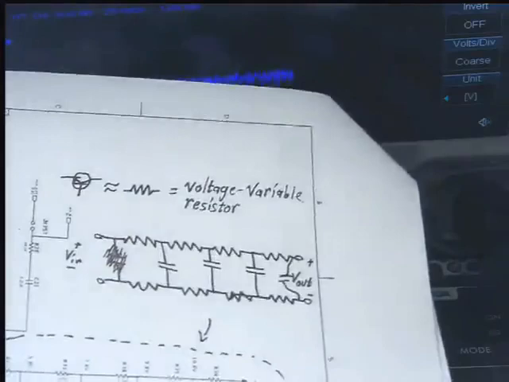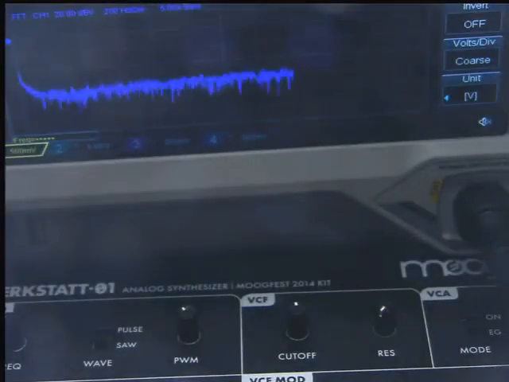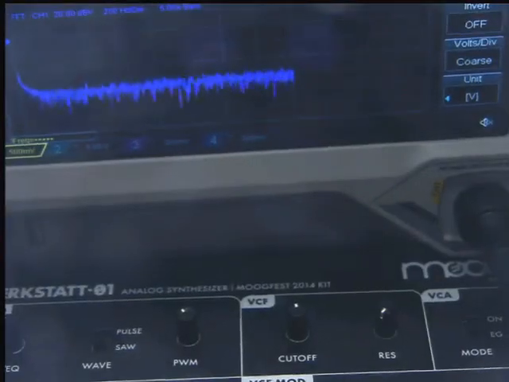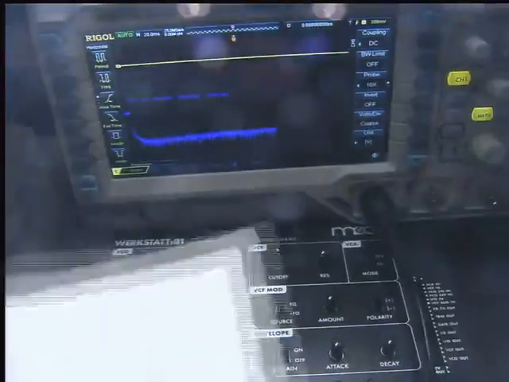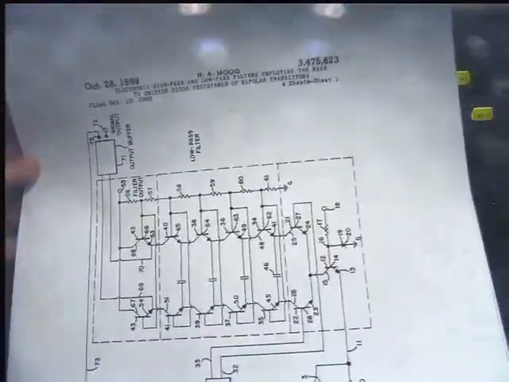So you can see that this circuit, which is very famous, has been the definition of what musicians call the Moog sound since the time of the moon landing. And it's actually not all that complicated. Once you break it down, it's simple enough to understand with just a little bit of circuits knowledge. And I'll mention one bit of historical trivia, which is that in Robert Moog's patent from 1969, again from the time of the moon landing, you can see a circuit that's almost exactly the same.